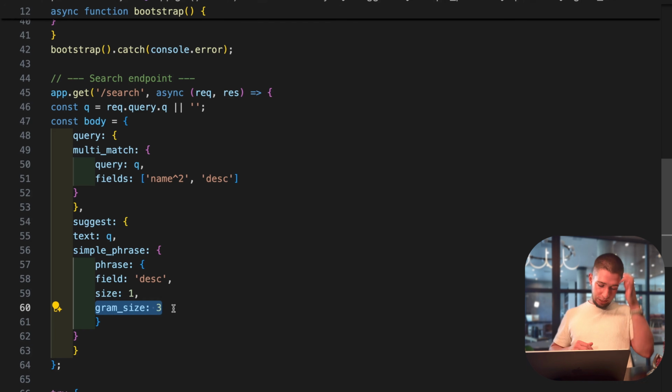So, for example, when you're writing 3 words, we can return a suggestion. Maybe you wanted to write this one word or this sentence. So this is a suggestion that you can see sometimes in your search bar. This is how it works.